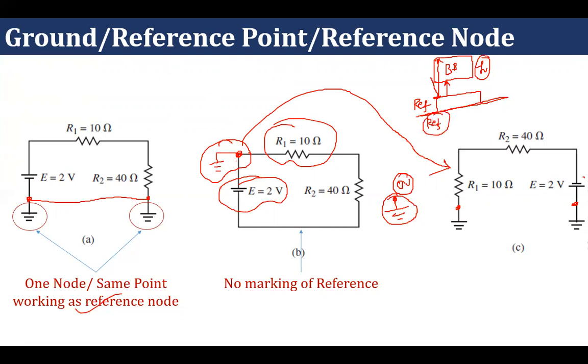Okay, so whenever we are making any node as a reference node, that means it is behaving as a measurement reference, and so for the sake of measurement this point will be considered as 0 volt. Okay, in the coming classes we will explain this concept, and then it will become more clear to all of you.